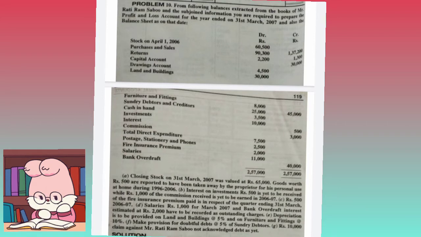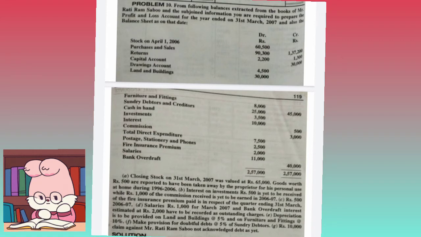Okay, it is a claim. It is a claim which is not acknowledged by the owner of the business in his books of accounts, but the claim has been made by a third party. So this is a claim which he did not recognize in his books as a debt. So we will record this claim as a contingent liability. Contingent liability will be presented as a footnote to the balance sheet,